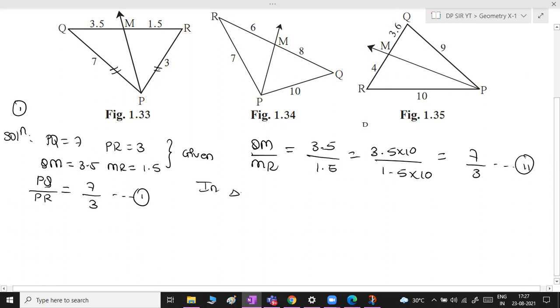Now take the triangle. So in triangle PQR, try to apply angle bisector. But we have to check. So from 1 and 2, in triangle PQR I am getting two ratios equal. That is PQ upon PR is equal to QM upon MR. If you revise the property of angle bisector, this is what it says. But this is the converse that we have used over here. So you are going to write using converse. Okay. So basically, therefore, by converse